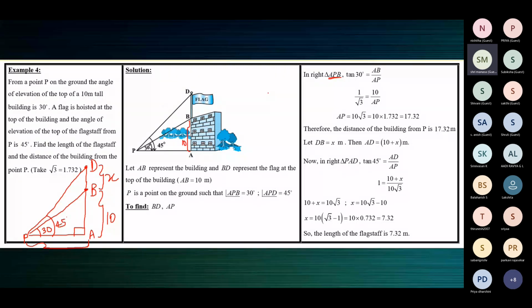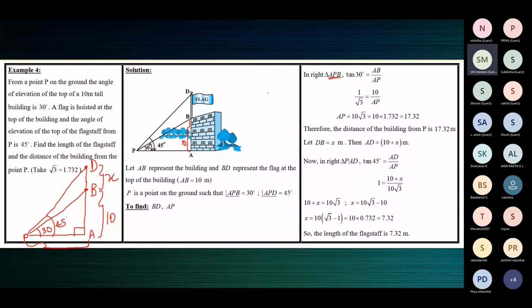When you know only one side in a triangle, you cannot find the other two sides. But you're able to find the other two sides using T ratios. So register this clearly. In a right triangle, when you know one acute angle and one side, you can find the remaining two sides